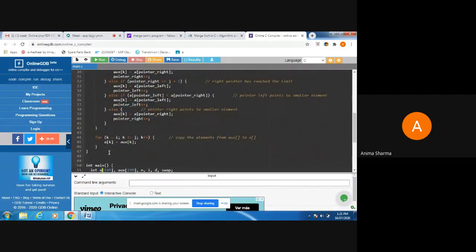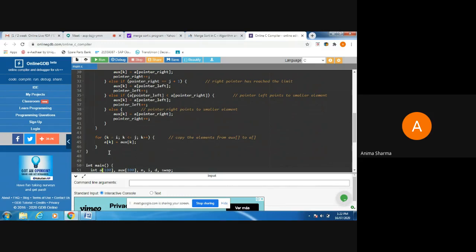Now after doing all these things, what happens? We will move the elements of auxiliary k, which is an auxiliary array we are using, to the final array, which is A, obviously. So in this step, what we are doing is copying the elements from the aux array to the A array.